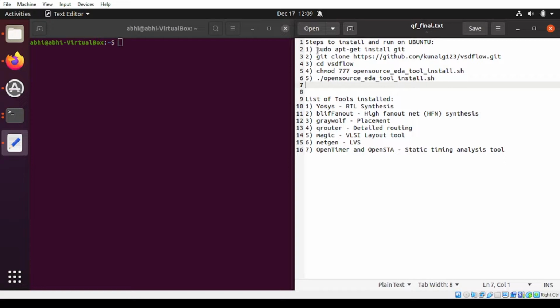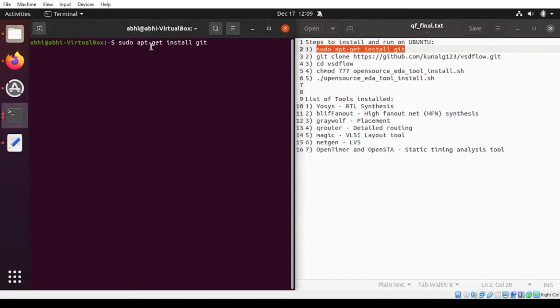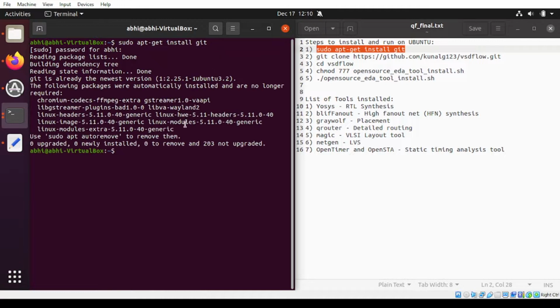Yep. This is the first command you have to write. So I will explain the significance of this command. Basically, select them, press middle click here, and this will write the command here. Okay? So you can see sudo apt-get install git. Okay, this is the command which will allow us to use this second command, git clone. Okay, so just press enter. Whatever the password you have, you can type, and it will install this. Obviously my system is already updated, so there is no upgrade, nothing newly installed. You may have 203 things upgraded.